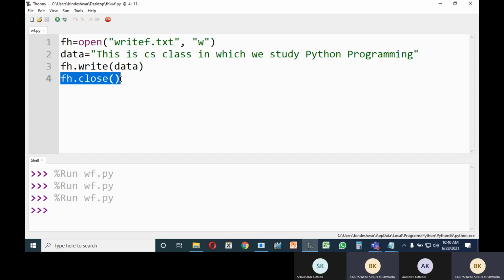Please tell me, have you understood about write data? The same pattern. Yes, sir. Very good, Arushi. Have you understood? Yes, sir. Very good. So fh.write. As I said, if you want to manipulate a file, a file handle is necessary. If you want to write data onto a file, you will be using file handle dot any function. To write data, or to close a file, you will be using the file handle.